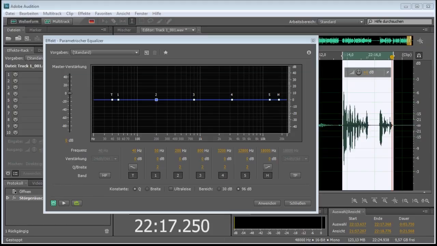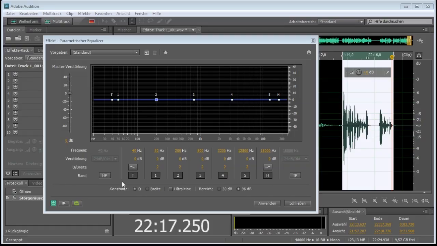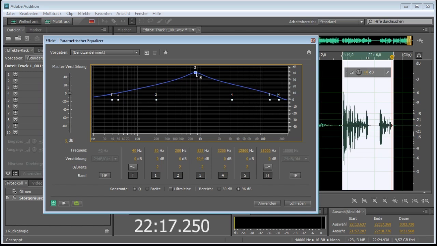Alright, so what you see here is a parametric equalizer. I'm going to use Adobe Audition here, but it's basically the same as every sound recording software. So the blue line represents the volume change over frequency. That is frequency and that is volume, okay? I can grab one of those points and I can make certain frequencies, let's say 1 kilohertz, louder or less loud. Now you see that when I move this around, it not only affects 1 kilohertz, it also affects the